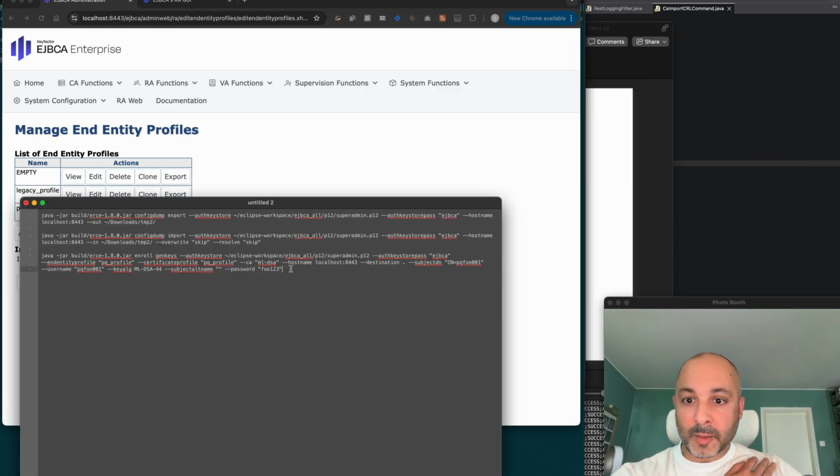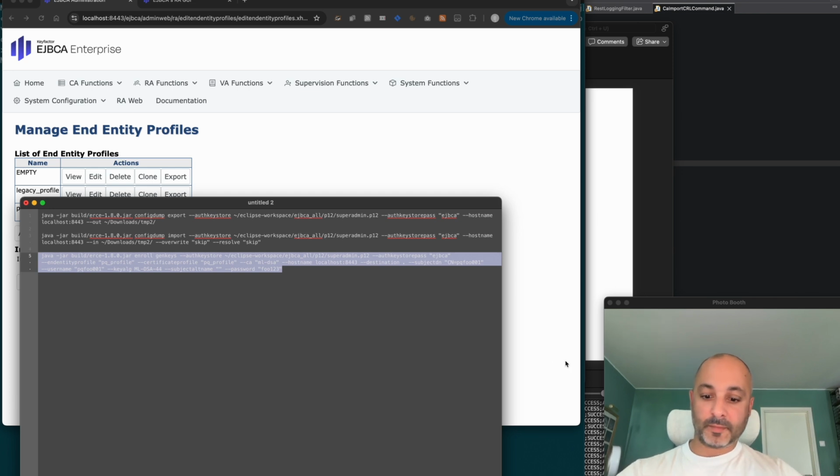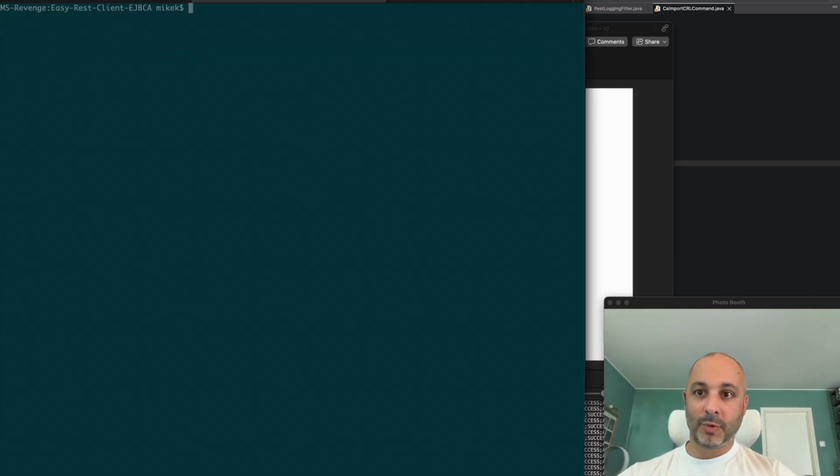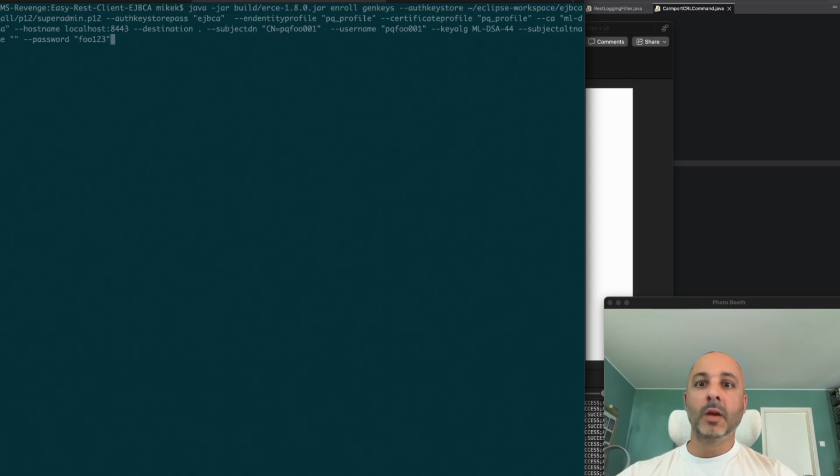So again, I'm going to do a bit of a cheat here. I have to copy the command. So we're going to use a command which has been around in EJBCA for a couple of years at least, the enroll command, and with the genkeys subcommand. This command is going to generate a key pair for us, so we don't have to go to any trouble. We are going to specify